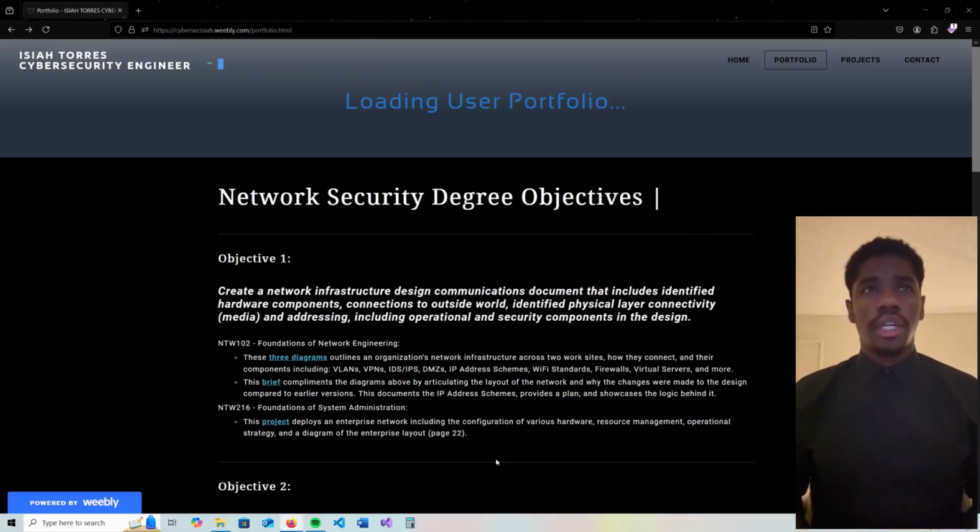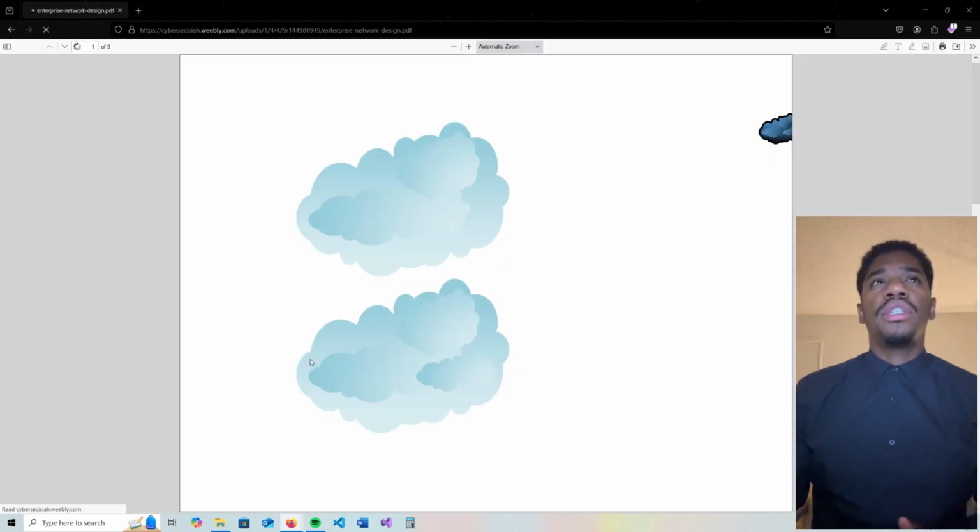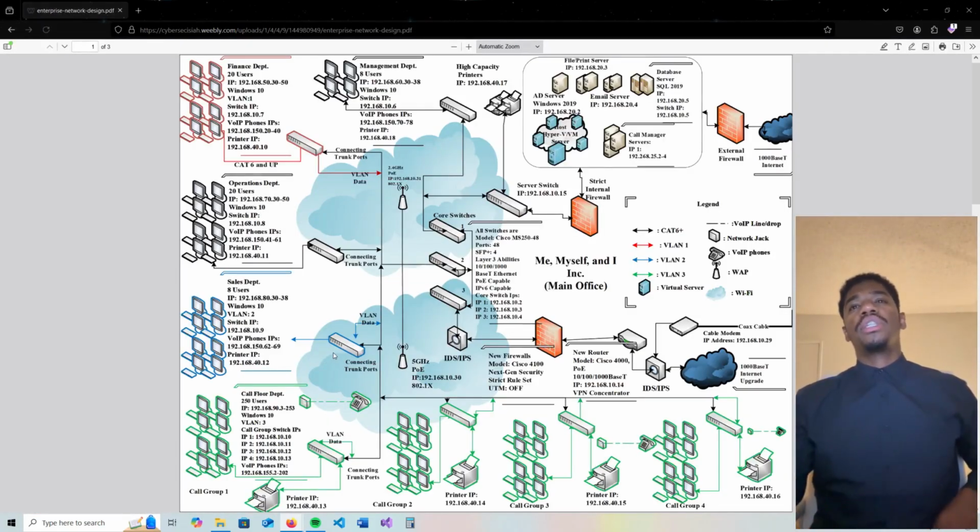So going over my network security degree objectives, I'll be demonstrating how my projects meet that objective and how I have an understanding of that type of work. So for objective one, keywords: create network infrastructure designs, including security components, operational, addressing, hardware components, connections outside world, physical layer connectivity, etc. So one project I have that thoroughly demonstrates that is this diagram I created for enterprise at